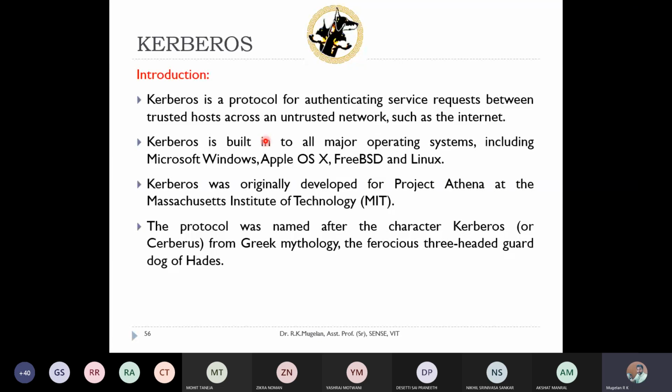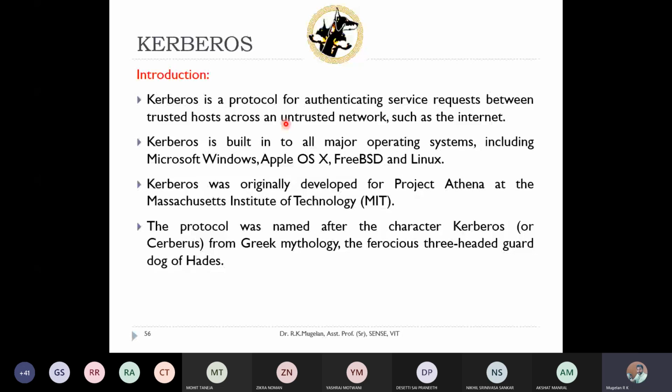If you are using any open platform or open forum of communication, Kerberos plays a major role in authentication. Kerberos can be found in present day operating systems like Windows, Apple, Linux, and other OS also. Kerberos was developed at MIT under a project called Athena.